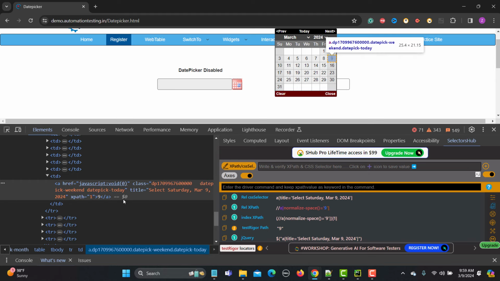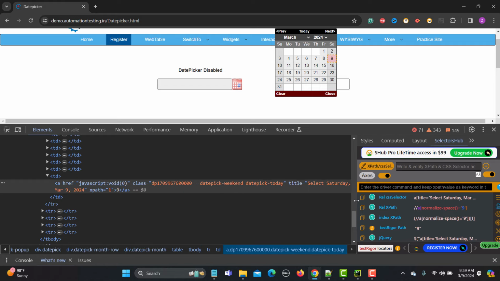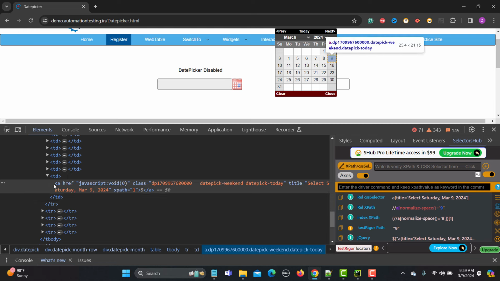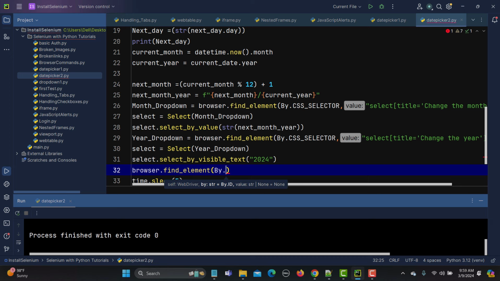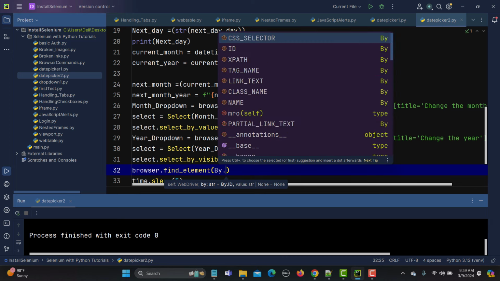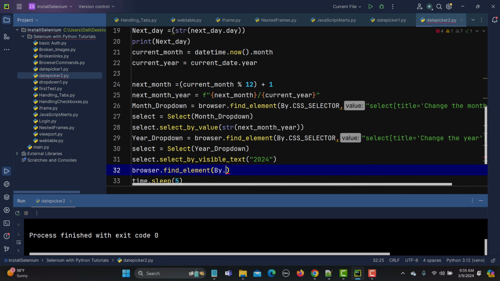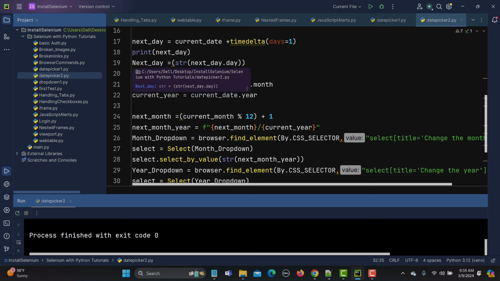So you see that it's a link, right? It's a link, but it's a dead link. It's an anchor tag. So this is a link. So I can go with the link text here, and the link text is basically here is the 9. So what I will do is that I will say By dot link text, and inside the link text, what I will do is pass this next dot day,